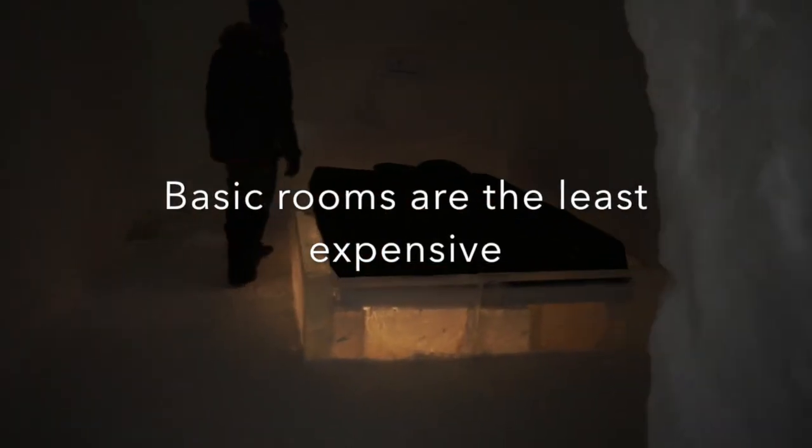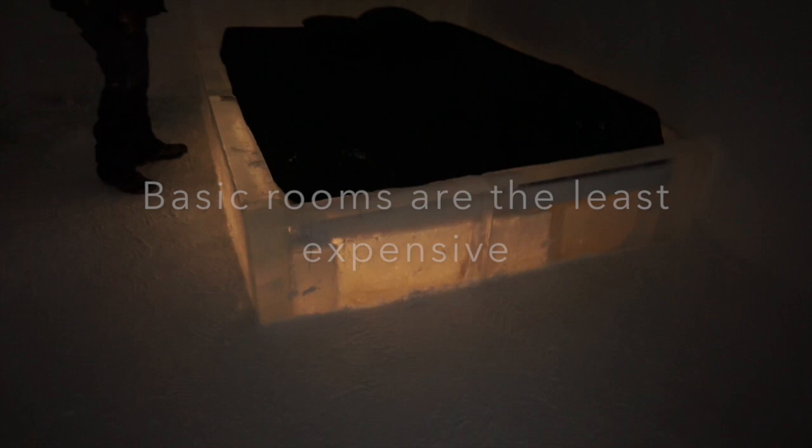The basics again. So it does have a light in the bottom of the bed, and then it's still got the switch so you can turn it on and off. So this would be the room without the ice carvings in it, so they're smaller, but they're still a pretty neat experience. And basically,